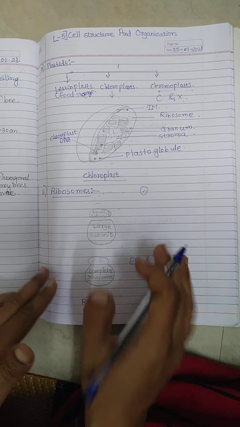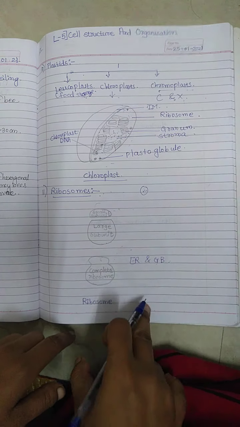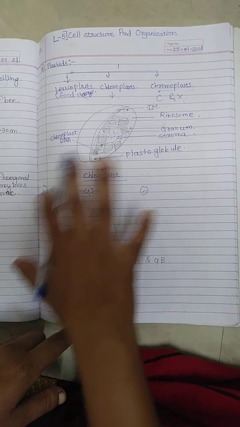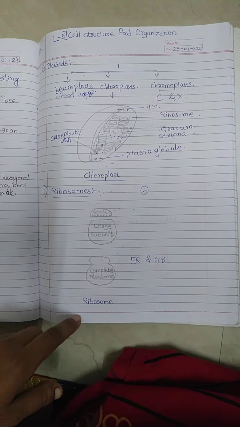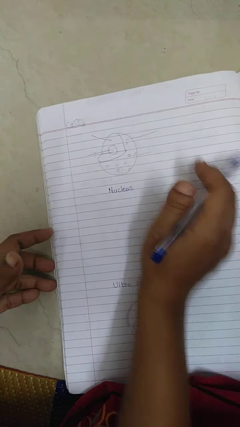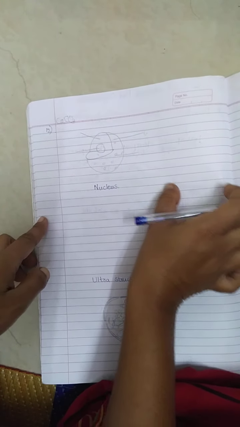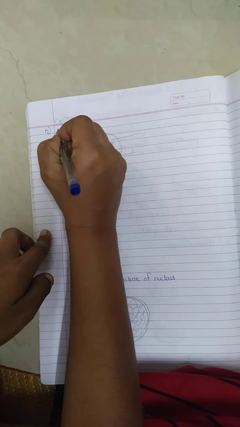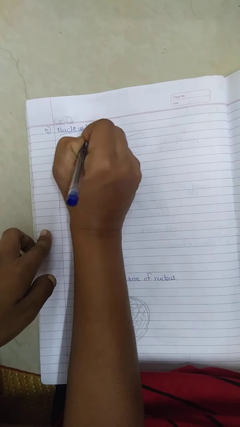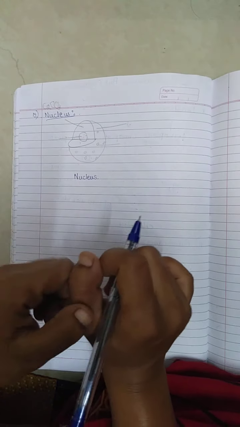In this way, the number of ribosomes is high in cells actively engaged in the synthesis of various kinds of protein structures. Now next, coming to another topic, the 12th one, which is called the nucleus. You have heard this term often during your earlier studies also.